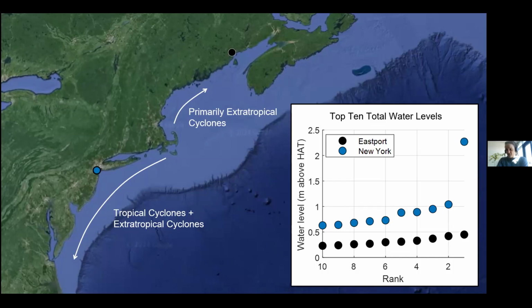That's because extratropical cyclones are these big, slow-moving storms that tend to have lower maximum wind speeds, compared to tropical cyclones, which, if they make landfall in the right place, like Hurricane Sandy did in 2012, can really drive large storm surges. So that's just less of a consideration around flood risk in the Gulf of Maine.